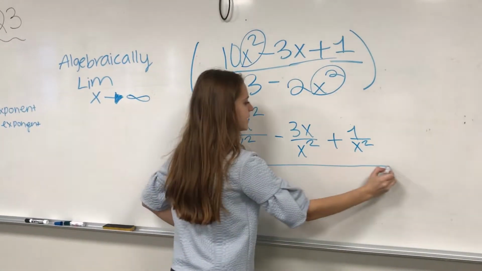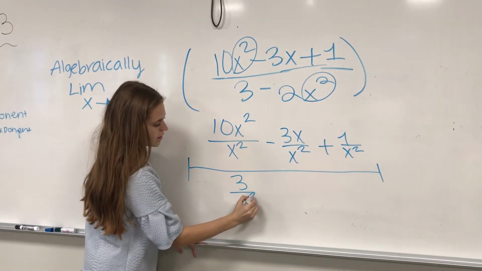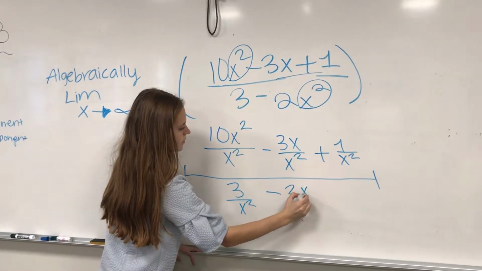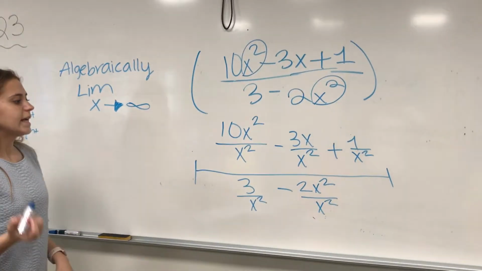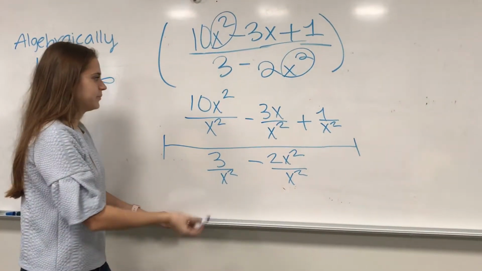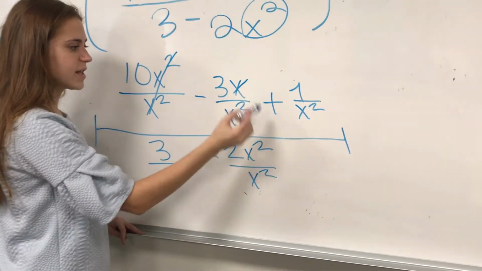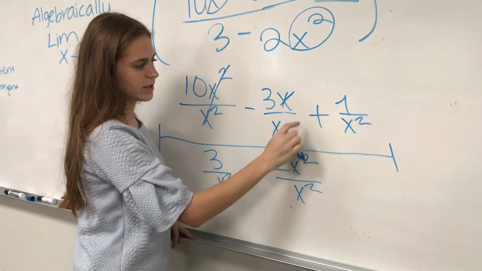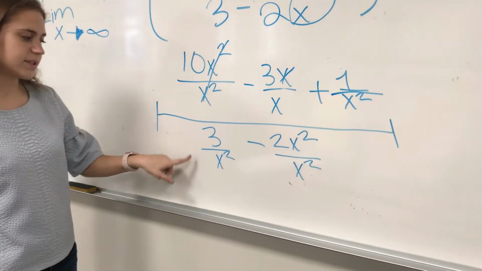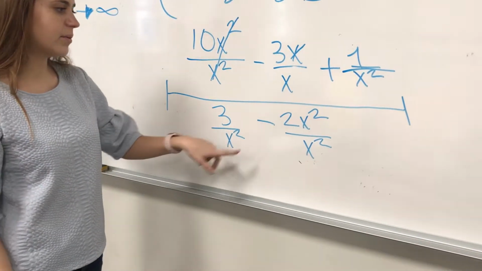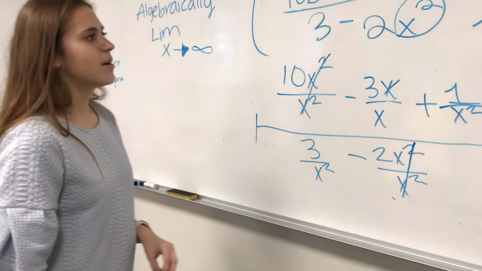Then divided by 3 minus 2. And then we're gonna cancel out. This cancels because it's the same. Then 1x, we cancel it, so we cancel 1x down there. This one stays like that because there's no common variables. And this one cancels. So we're gonna be left out with